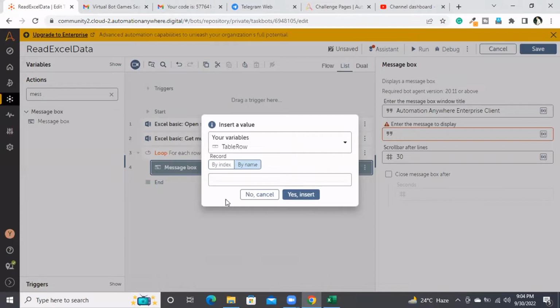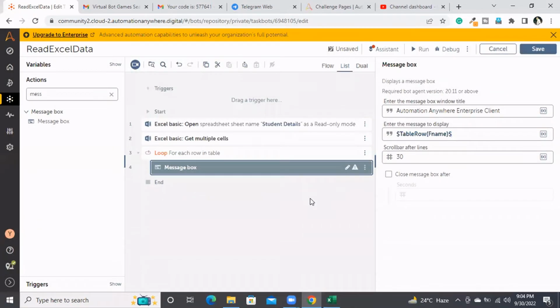When we go by index, we need to mention 0, 1, 2, 3, 4 like this. If we haven't mentioned that the Excel contains headers, we'll go by index, saying first column, second column, third column like that. But as we already mentioned that this Excel has headers, I'll go by name and fetch that F name. So I'm saying that from this table record,